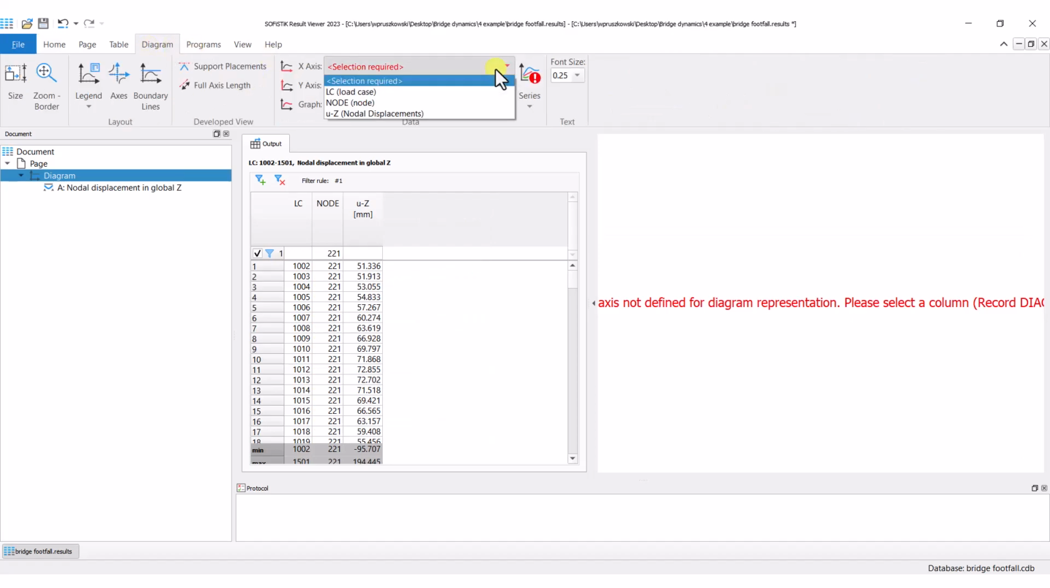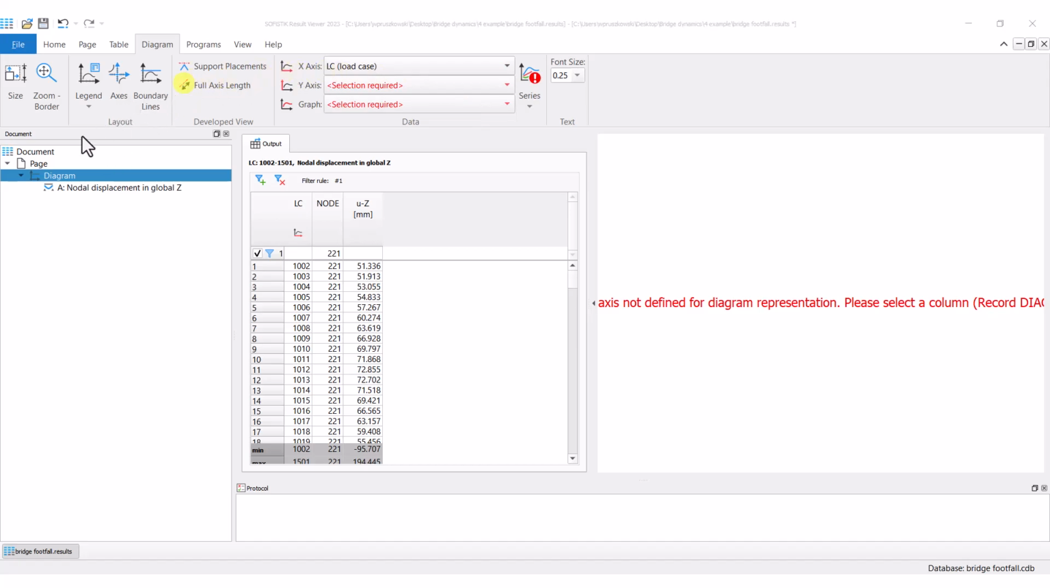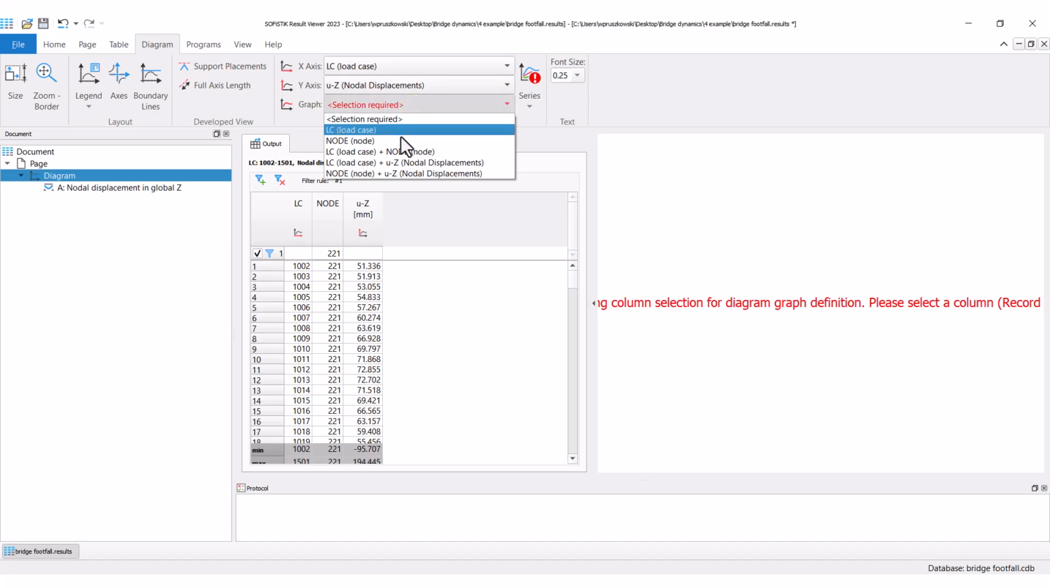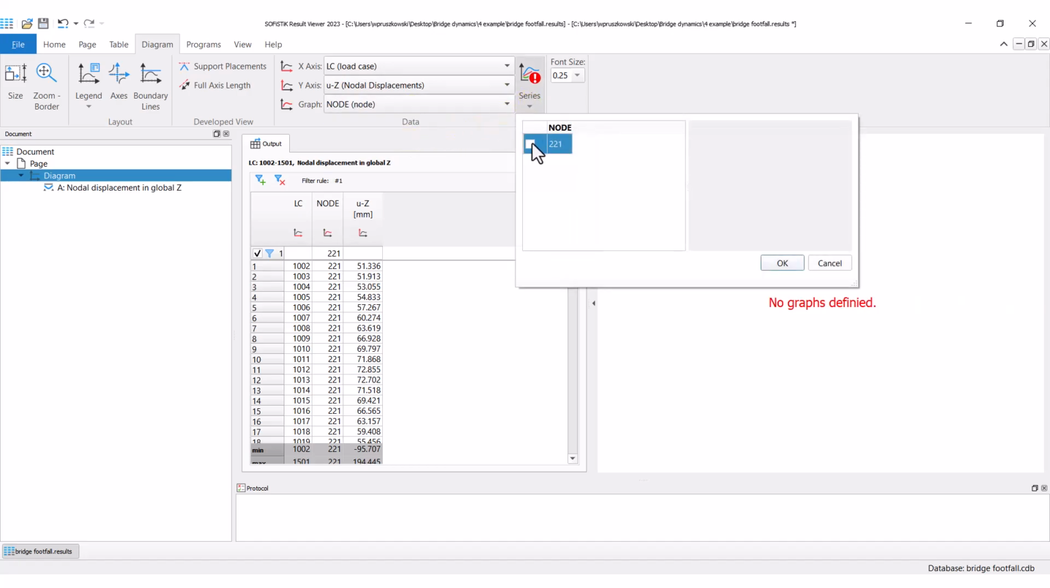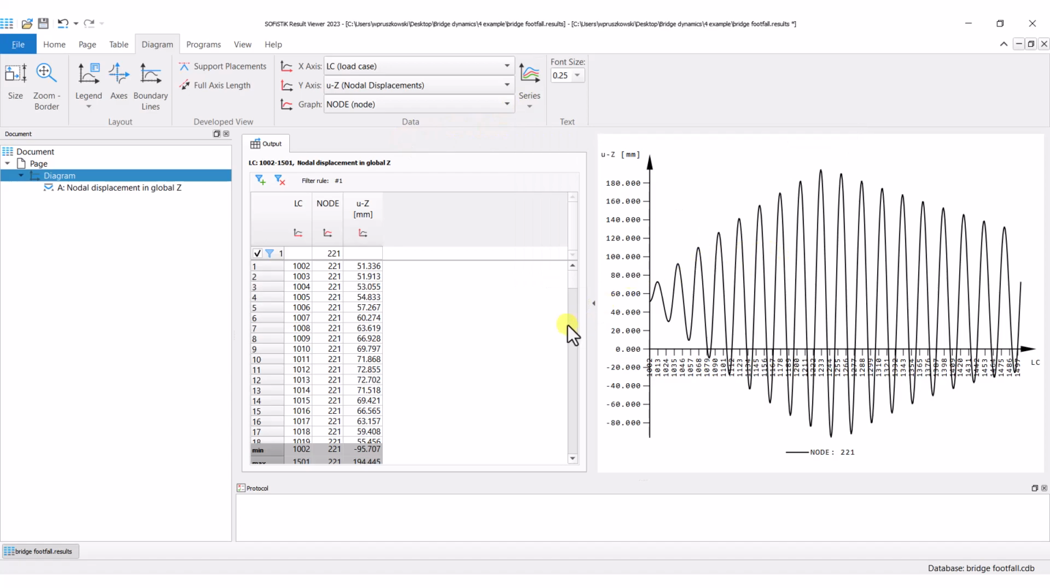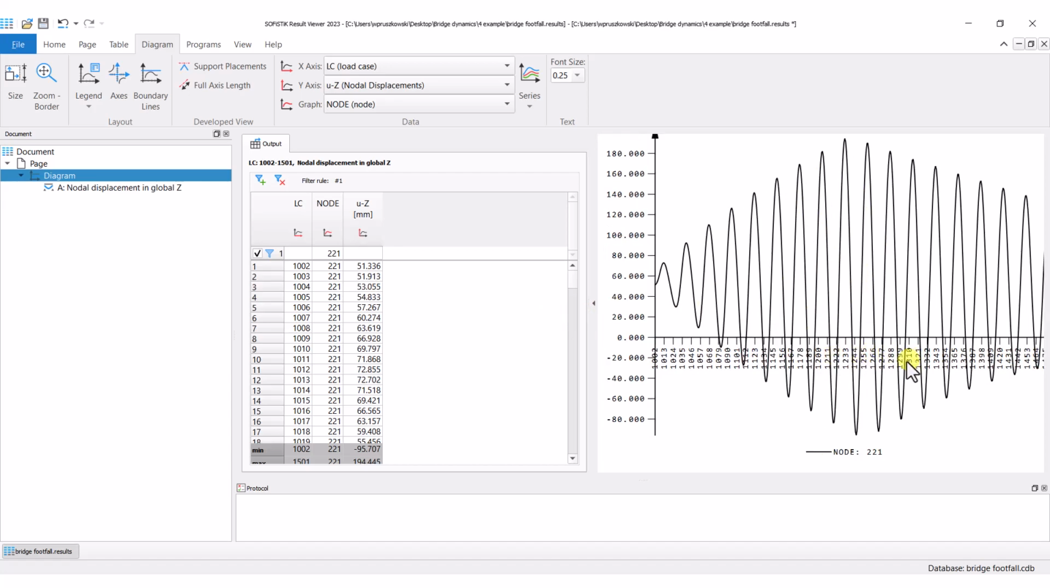So for an x-axis, we will have load case. For the vertical axis, we will have nodal displacement. And I want to draw a plot for a specific node, node number 221. And SOFiSTiK formulates our data in the form of a plot that effectively is a vertical deformation of our bridge's midspan over time. Right around the middle, so